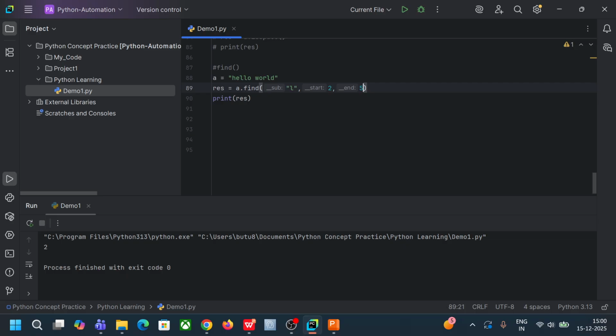See, the answer is 2. Why? Because it is starting at 2 and till 5 there are 2 L's. So find will be throwing me the same output as 2. Let me check for ending index as 10